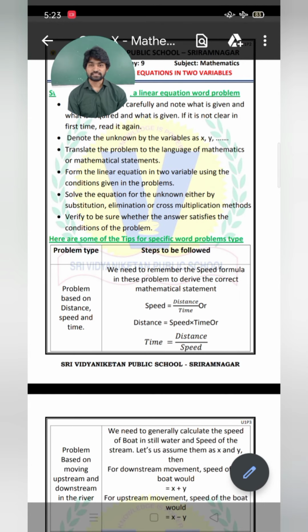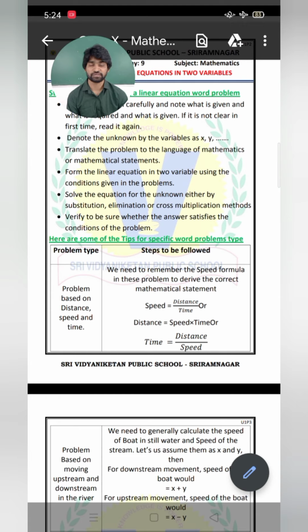Yes, children, this is your worksheet which is given to you. First, how to solve a question. When we see any question, at first we will not understand anything. In that case, you have to divide that question, that paragraph, into sentences. A question paragraph will be there, and you have to divide that paragraph into sentences.